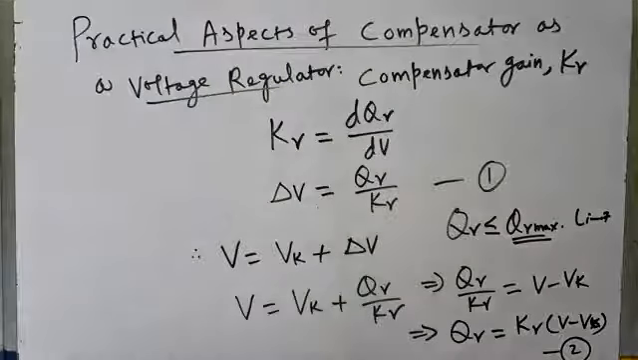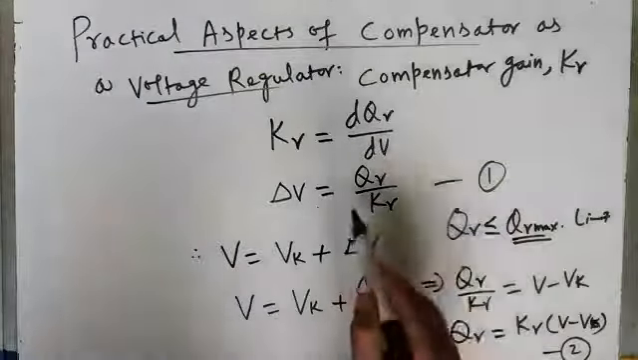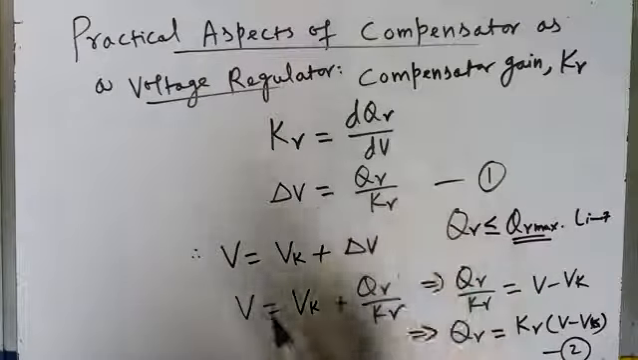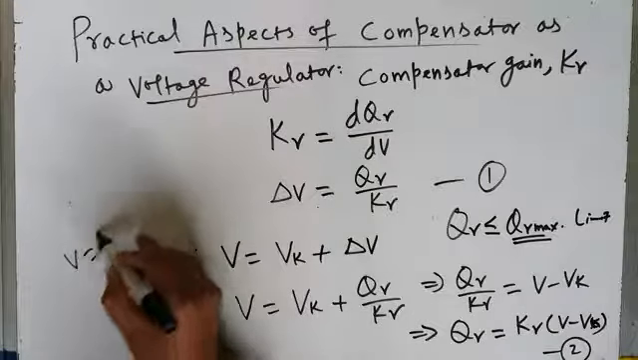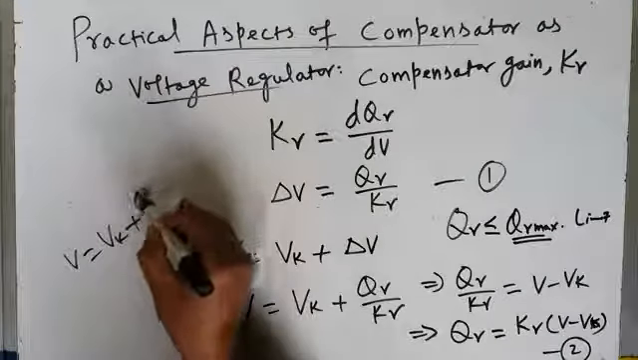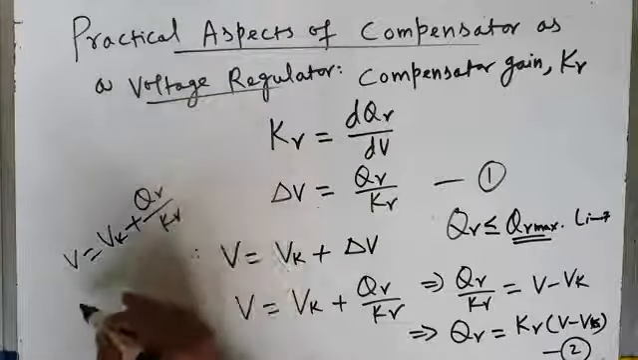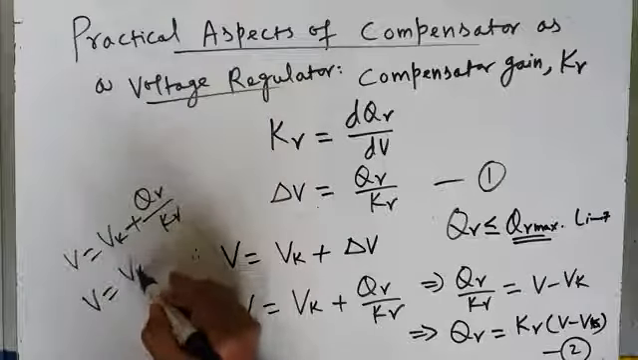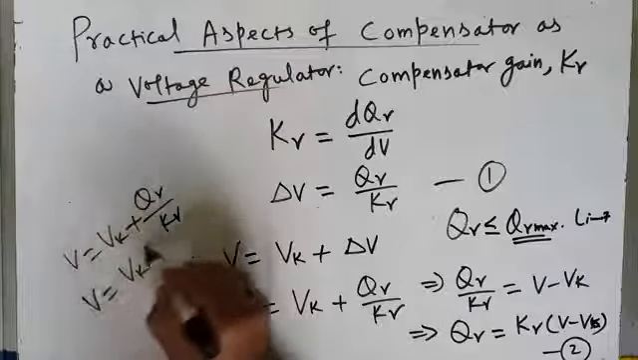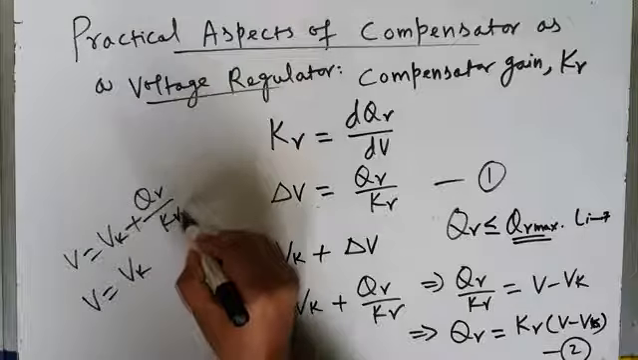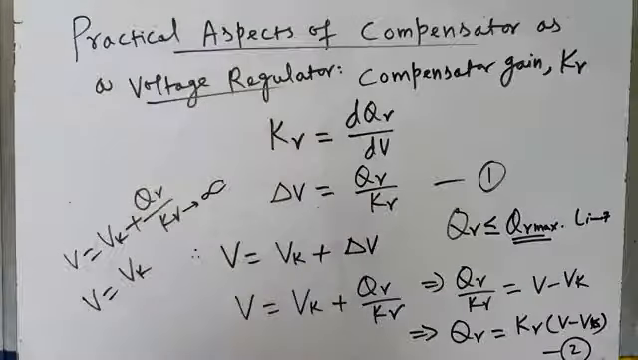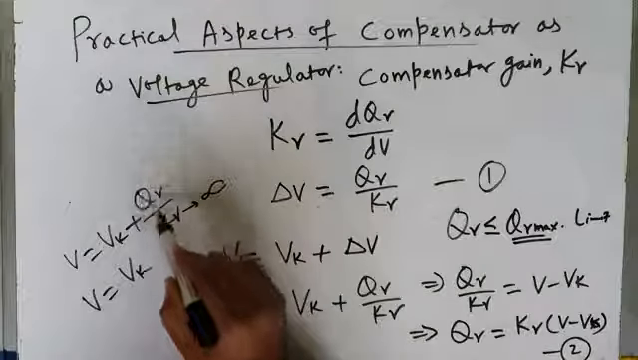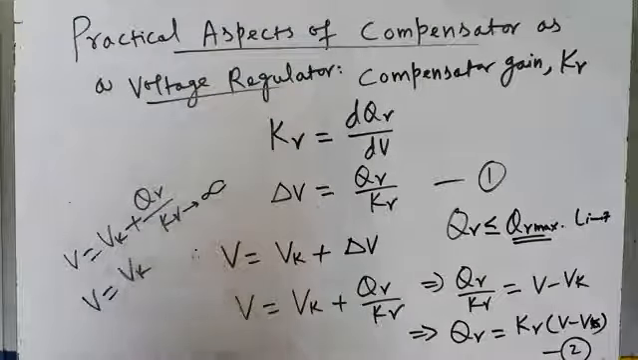Okay, so from this equation I have also written here V is equal to Vk plus Q gamma by K gamma. If I want to make V exactly equal to Vk, I mean bus voltage equal to rated voltage, then what should be K gamma, the gain of the compensator? It should be infinite. Only when K gamma is infinite, this ratio becomes 0 and V becomes equal to